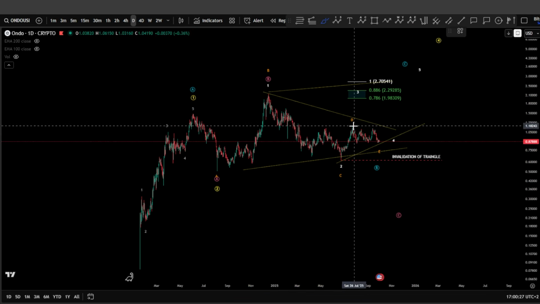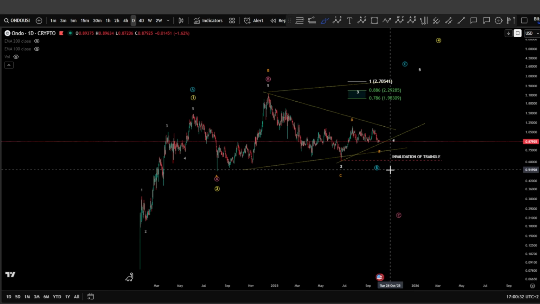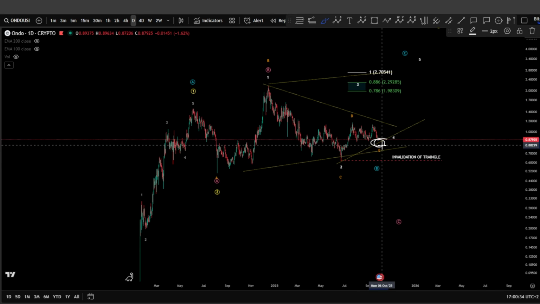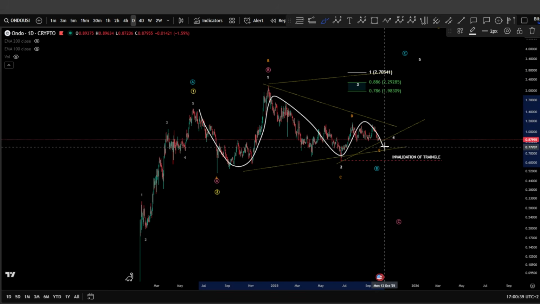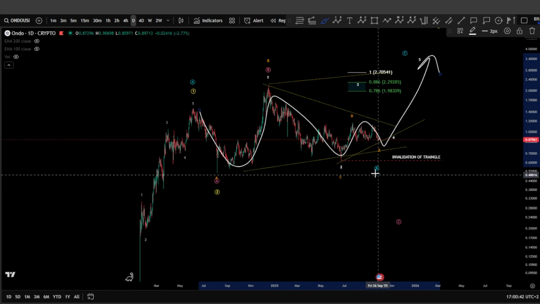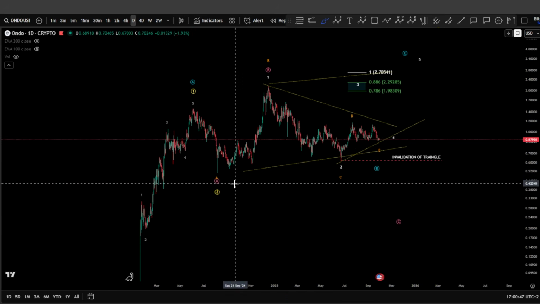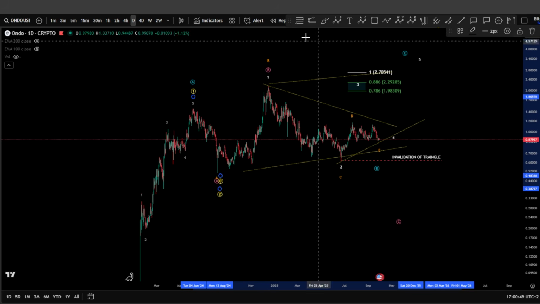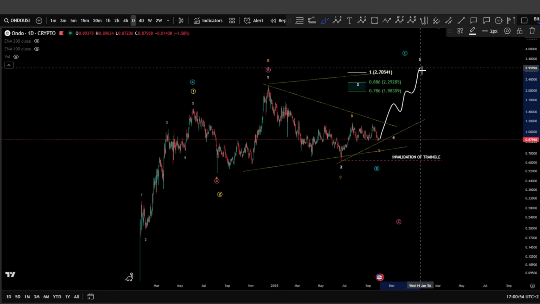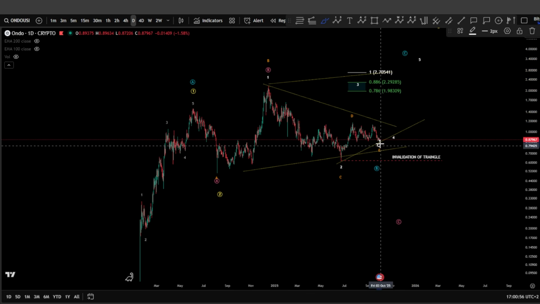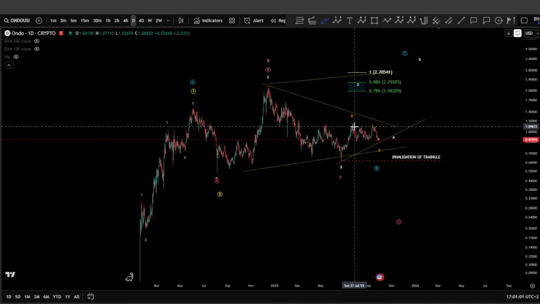Meaning, if this is your wave E unfolding, that means we might be at a very, I would say, very close low, and something toward the upside might start to unfold. So if this is a triangle unfolding, potentially we can start to see a wave C as an A, B, and a C, because, of course, wave 2 is not allowed to be a triangle. And in this scenario, we might see an impulse toward the upside unfolding as 1, 2, 3, 4, 5 with one more low. Of course, we're going to analyze on the lower time frame when it might end up.